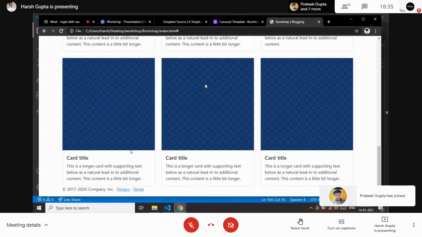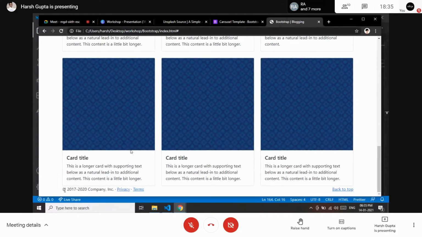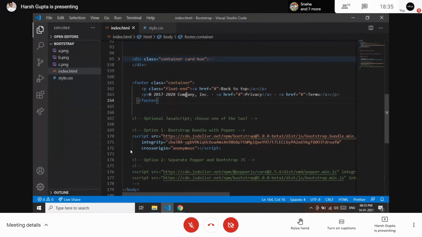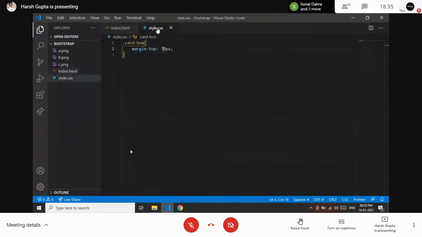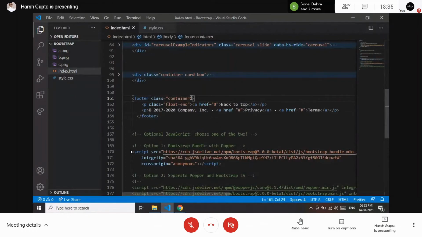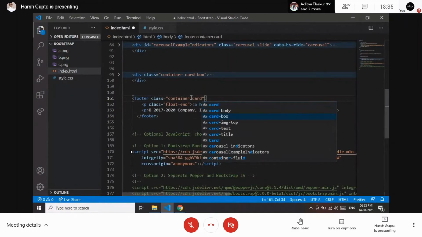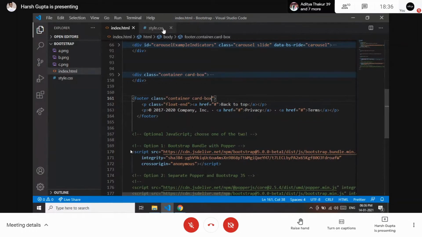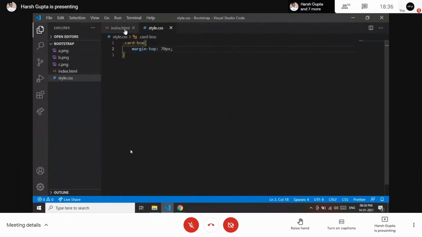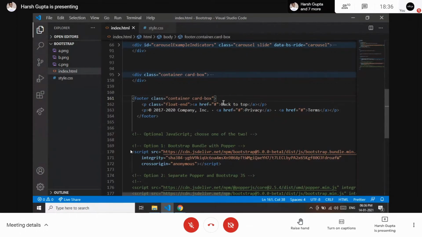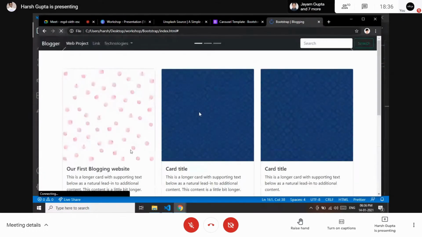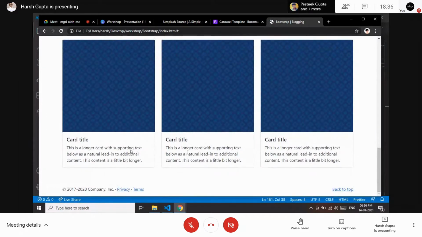Okay, so it has been noted. So now I'm going down. Now we have this footer, but this footer is not looking as good as we were thinking. So again, we will change it. For changing it, I just need some padding. I also apply the card box here, because it is already defined by our CSS. We also need some space from the top. So I applied it, just refresh this and going down. So now this is what our footer is going to look like.